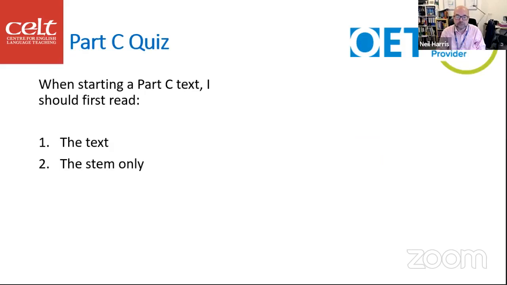And I'm just going to pause here for a few moments for you to put your comments into the comment box below. So that question again will be appearing on screen in a second. Here we go. What should you read first, the text or the question stem, the bit at the top above the options? And let's wait and see what answers come in